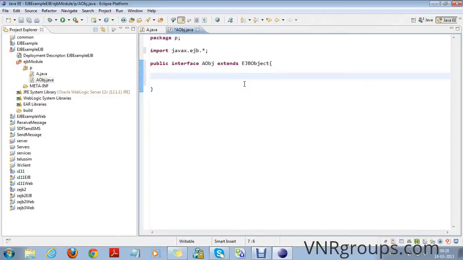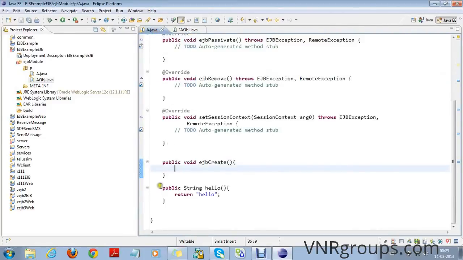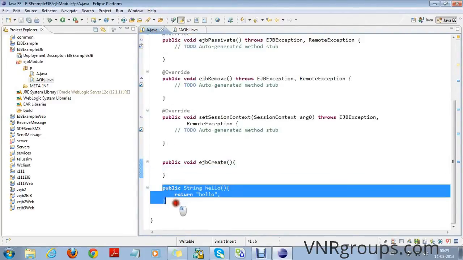The component interface declares the business methods that are defined in the EJB class. So this is the business method.